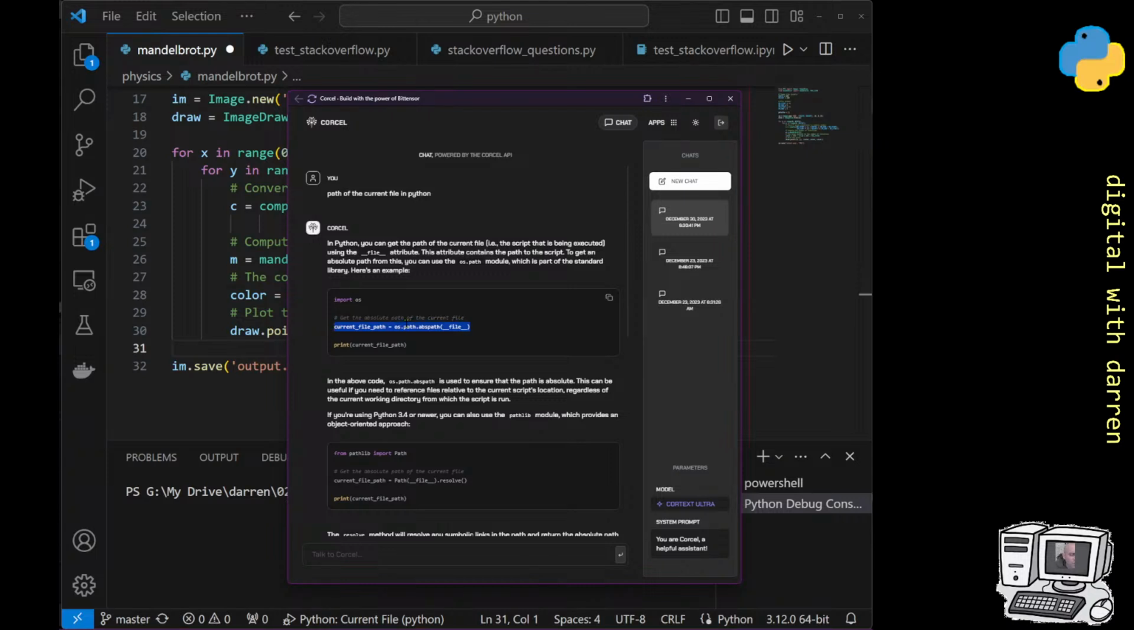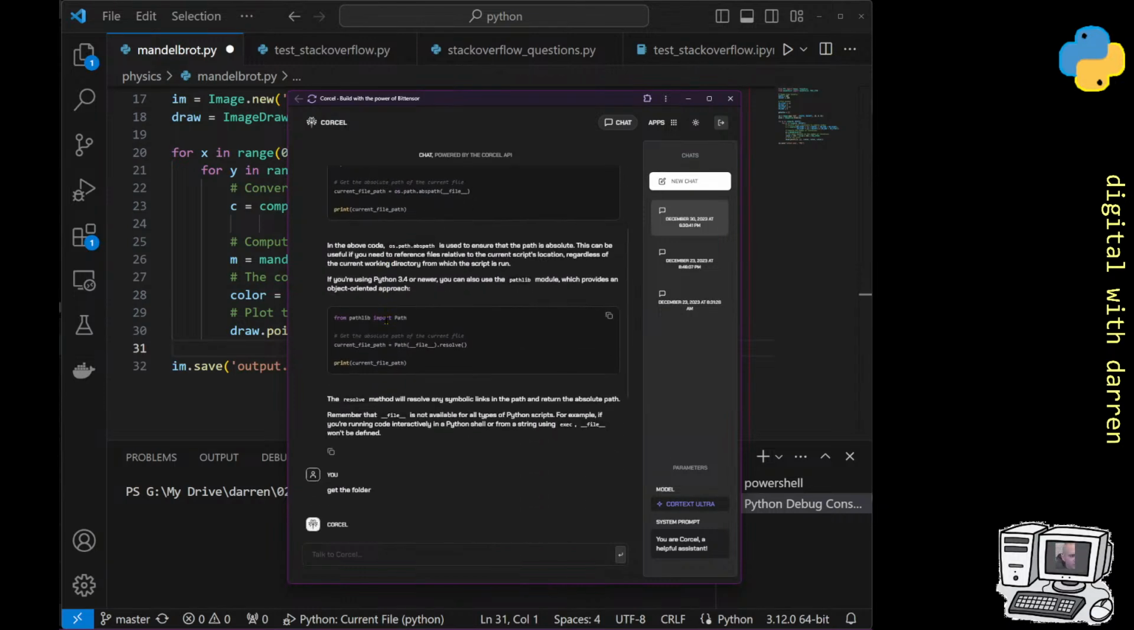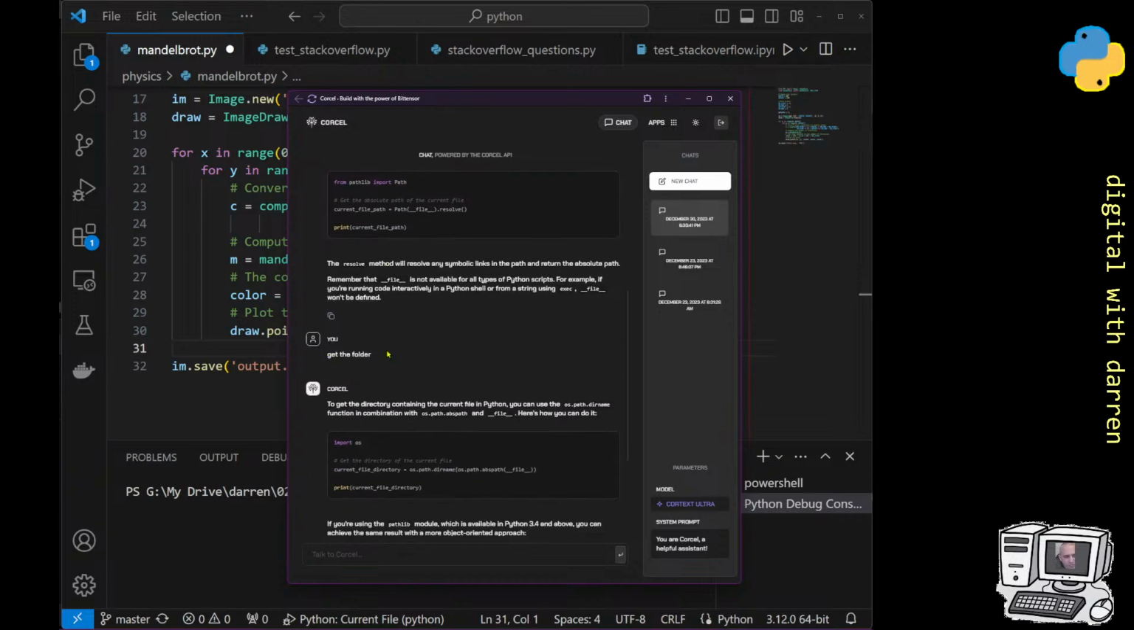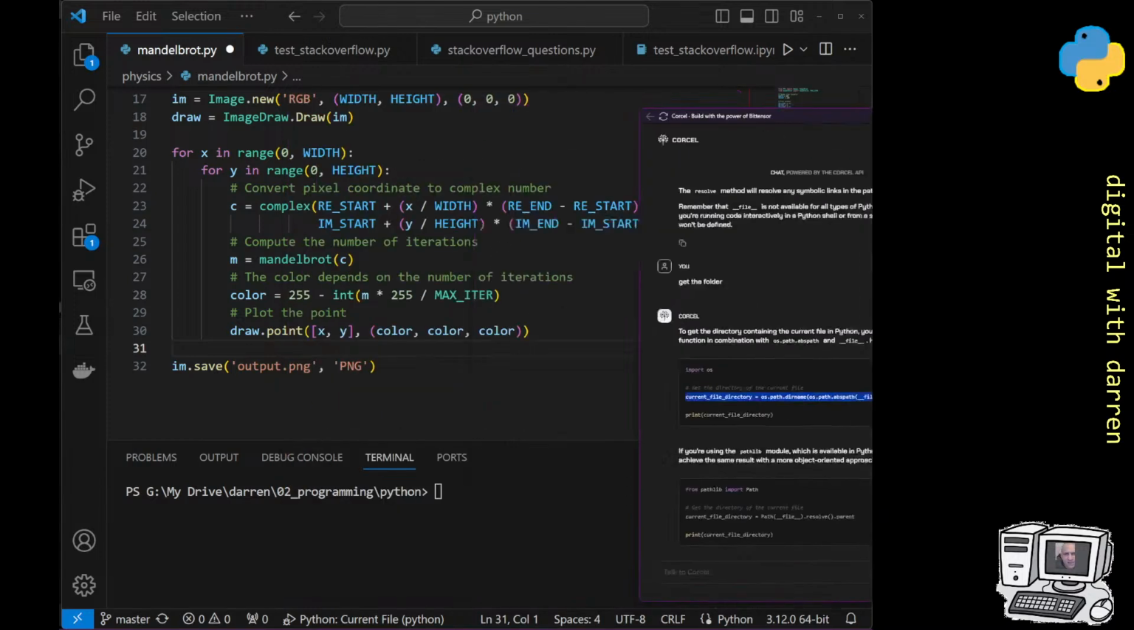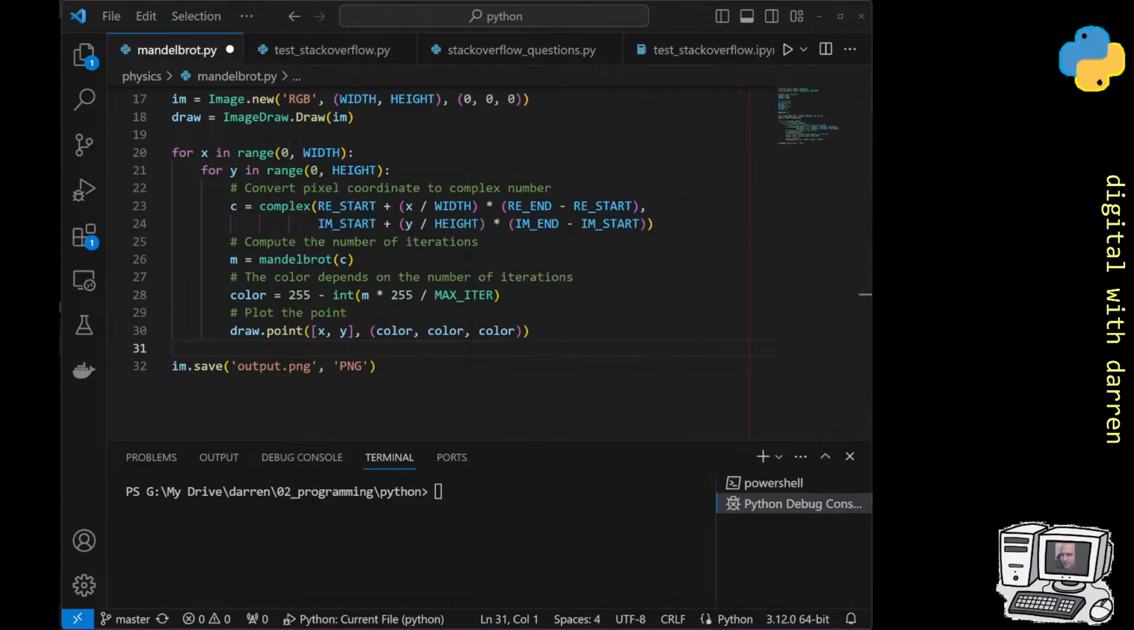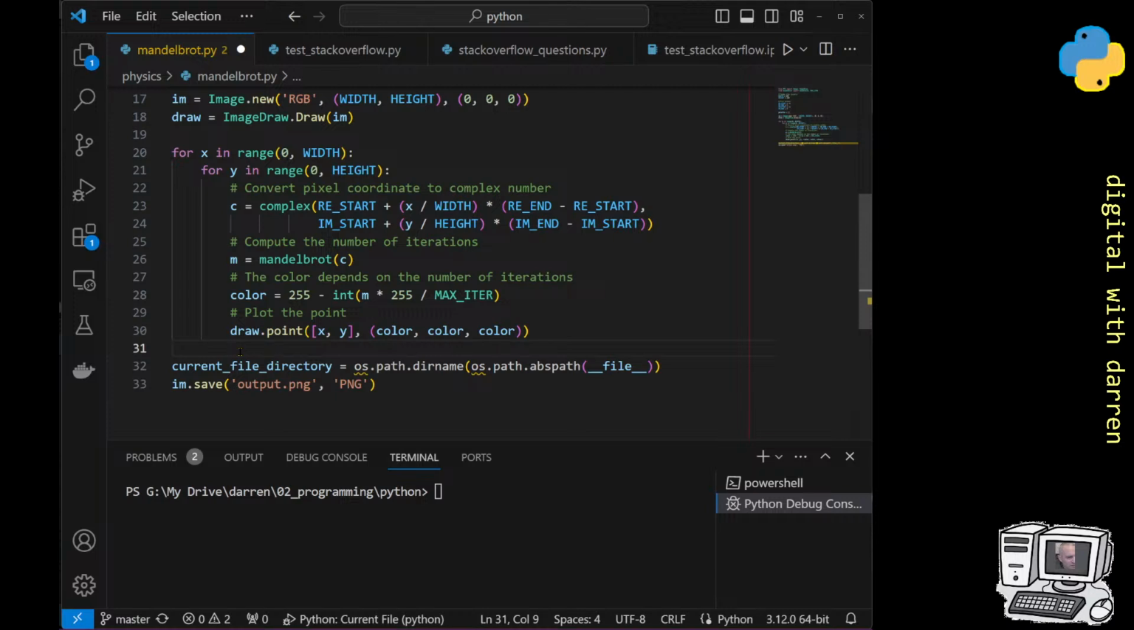But what I wanted to do was get the folder containing the current file, and so it did a good job to start with. But I wanted to get the folder, so I wrote "get the folder", and it's written here to get the directory containing the current file path. You have to do this. So I did something like this in my previous piece of code, in the code that I had, I just called it path,